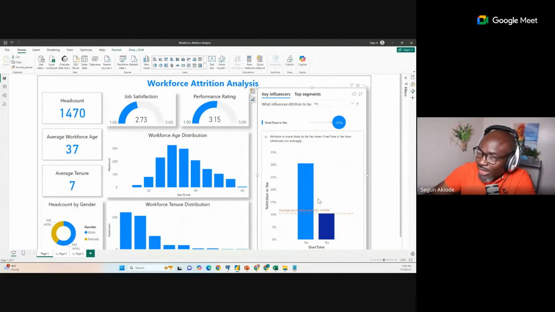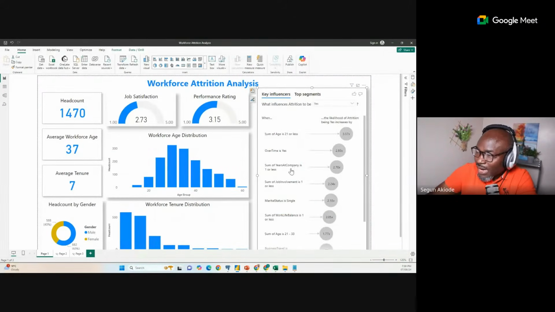Knowing fully well that because they are doing a lot of overtime, 30% of the workforce is doing overtime, and they are saying that there's a likelihood they would resign. That's all Power BI is telling me here. That's one way. Now, if I go back and I want to check, okay, is there an influence of the